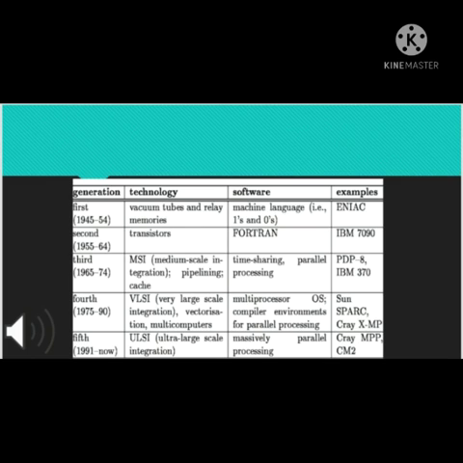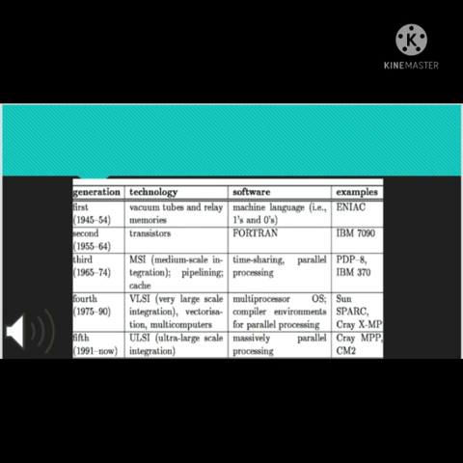And then the fourth generation is 1975 to 90: VLSI, that is very large scale integration, vectorization, multi-computers. And then the software is multiprocessor OS, compiler environments for parallel processing. And then examples of the fourth generation are SunSPARC, Cray X-MP. And the final one is the fifth generation, 1991 to now, and the technology used is ULSI, ultra large